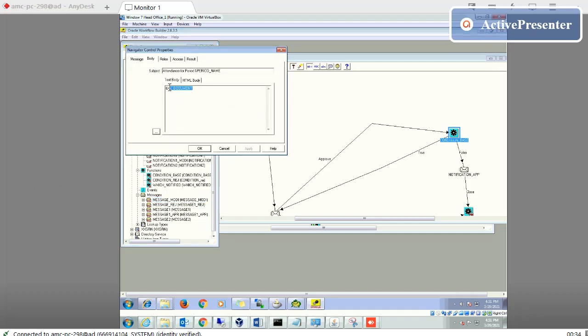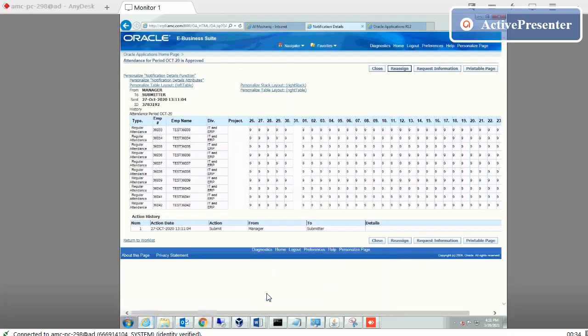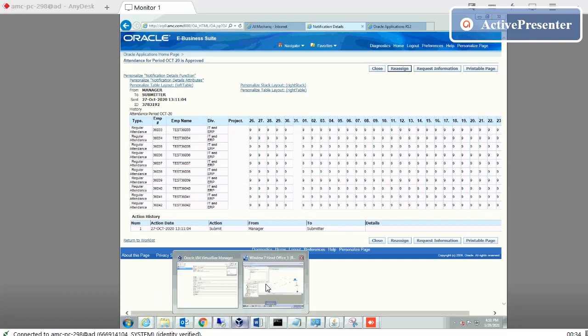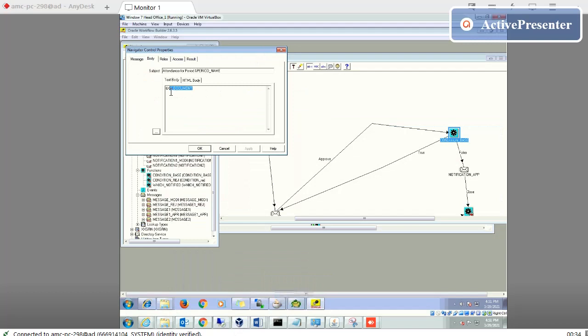This template belongs to X document, so I write only X document here.